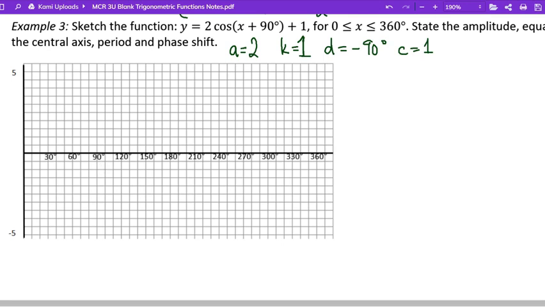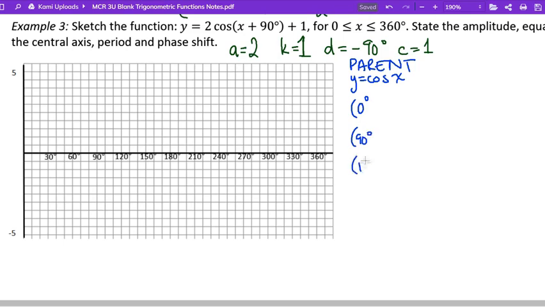Whenever we need to draw a transformed function, we need to start off with the parent function. And because we're going to be doing mapping notation, we are going to be transforming key points. So our parent function is y equals cos of x. And here's another opportunity for us to memorize 5 key points. Okay, so when x equals 0,